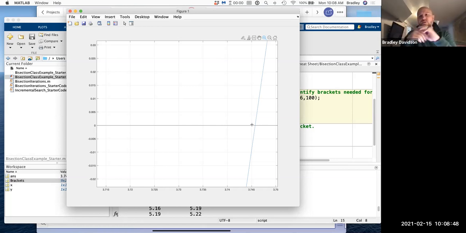Now, there's two different ways to do this. Two different styles of ways to do it. One is continuing with our bracketing methods, and that's what we're going to do today. And then next time, we're going to start doing what are called fixed point iterations or open methods. Okay, but today let's stick with our brackets. And so, considering this,